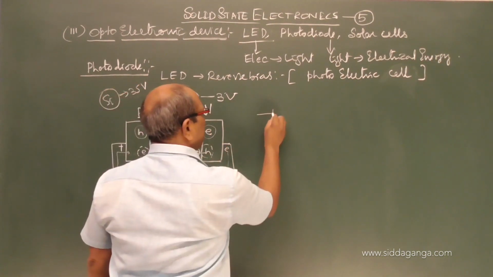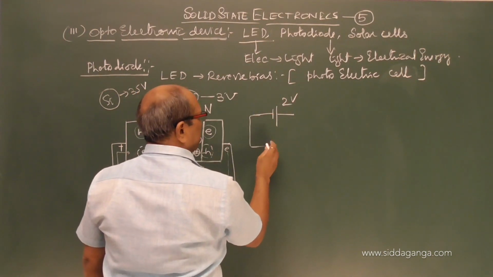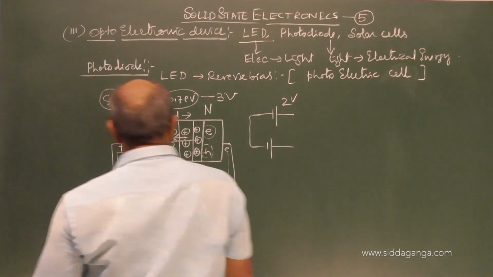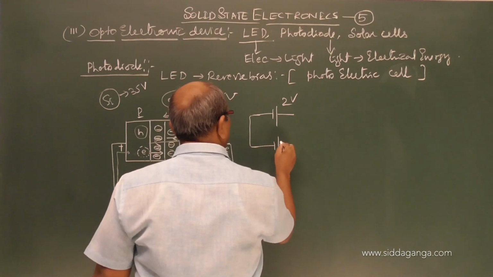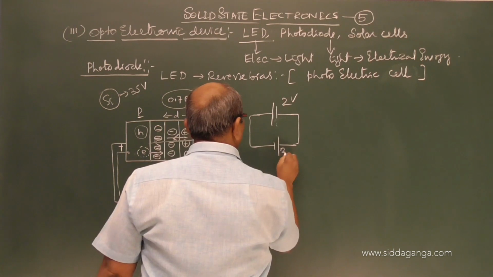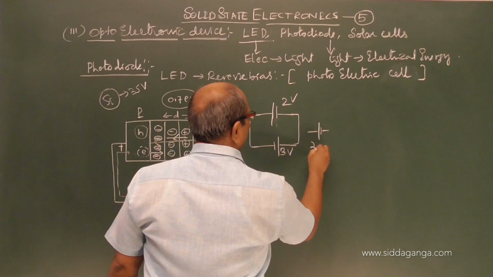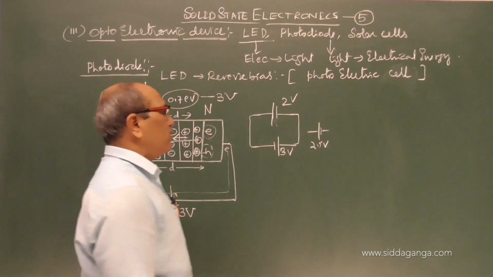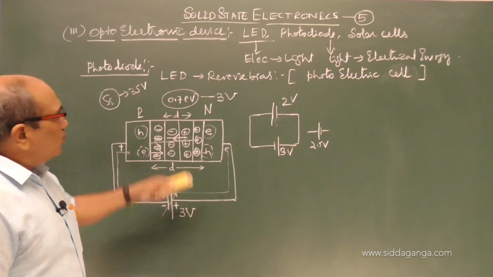Suppose I connect two cells, one of 2 volt without any resistor, and one of 4 volt in the opposite polarity. So this is like this, and like it may be 3 volt. In between, a new voltage may come, about 2.5 volt. It acts as a single one with around 2.5 volt. So such a thing happens here. When it comes to 3 volt, this also is 3 volt.